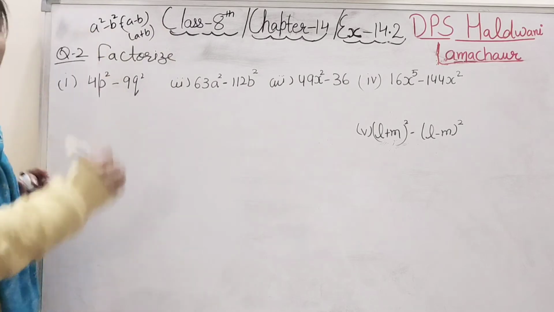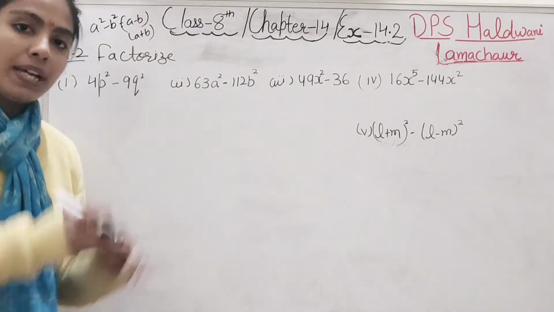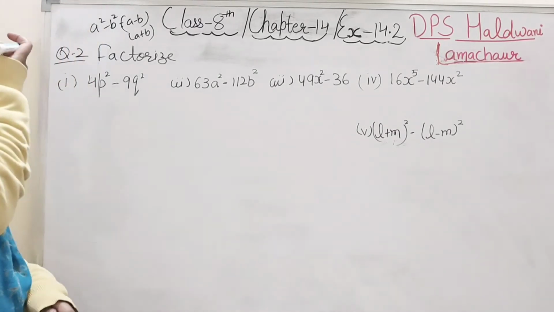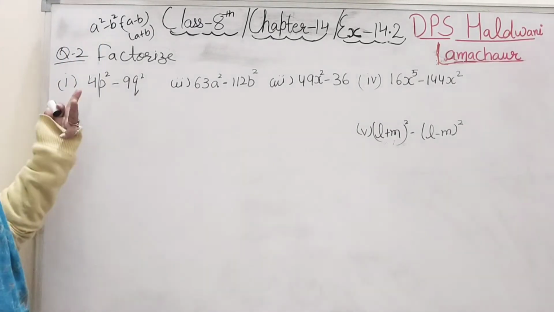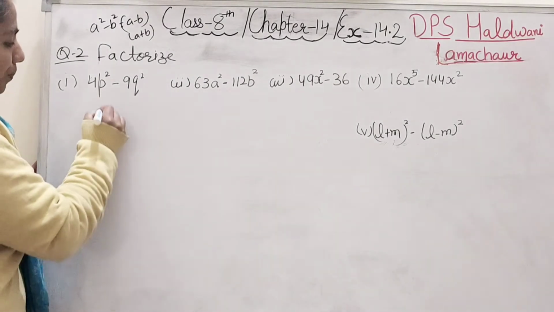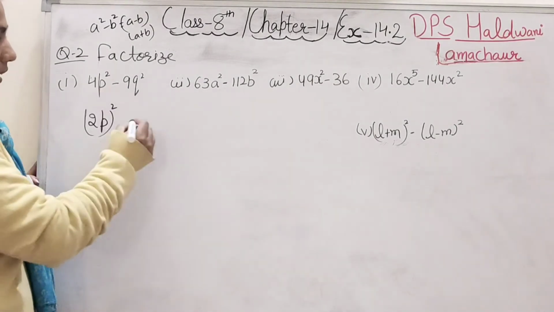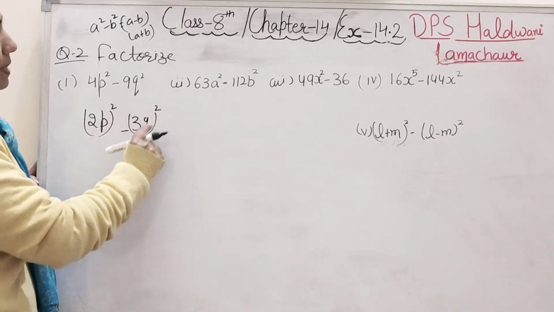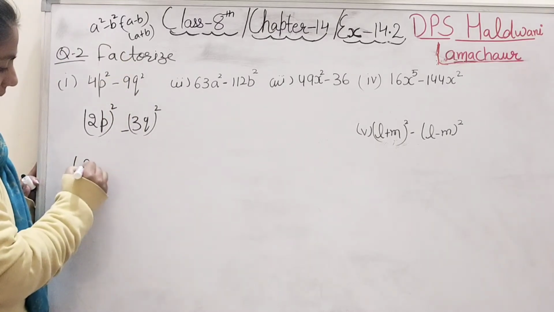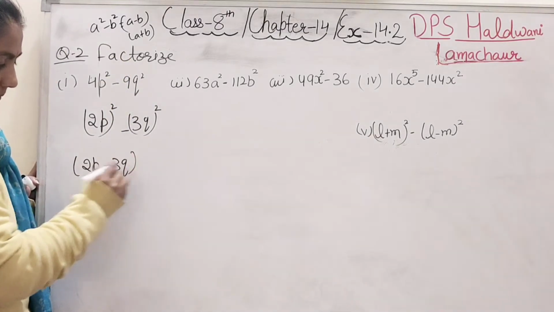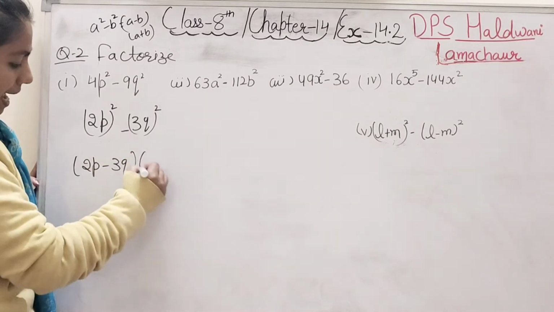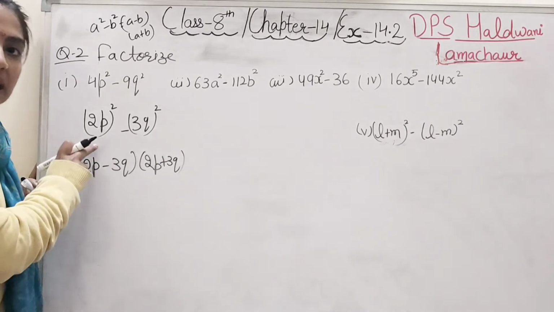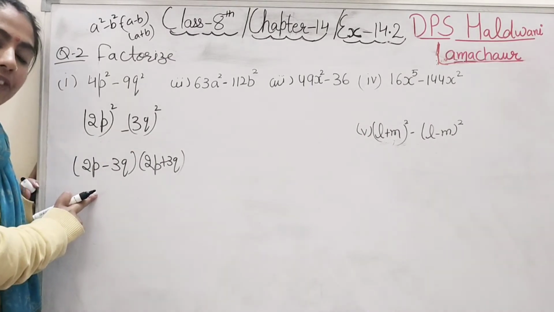So see, student, which formula we have learned in the algebraic terms, here we are using. So these formulas are very important, right? So let's have a look. Is it forming this formula or not? 4 is a perfect square, 2, yes, 2p square we can write, and 9 we can write 3q. So it's a square minus b square. So the formula is a minus b and a plus b. That's it, student. Right? Using the identity, we found the factors.